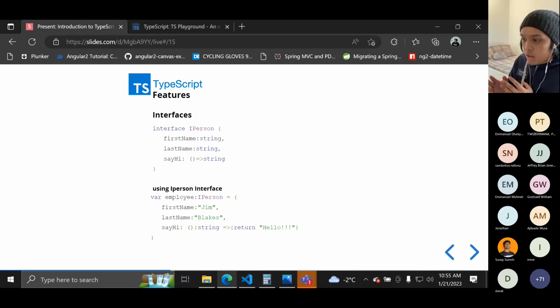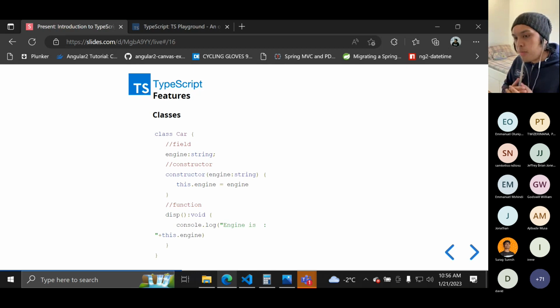Just remember, guys, I forgot to mention that in assigning a data type in TypeScript, it's always in reverse. I know that we are used to assigning data types by placing the data type first and then the variable, but in TypeScript, we place the data type after the variable. So in this case, employee colon and the data type. Compared to Java, where we are assigning string first, that might be confusing to you. So always remember that.